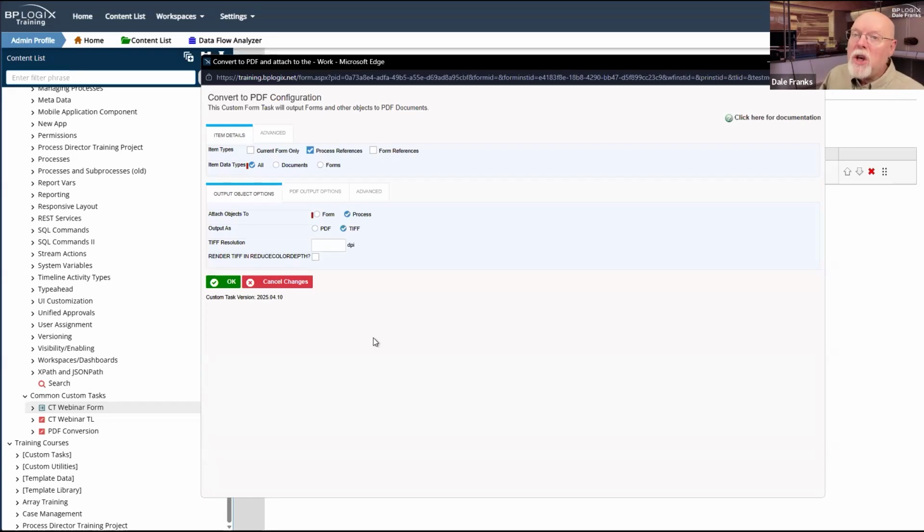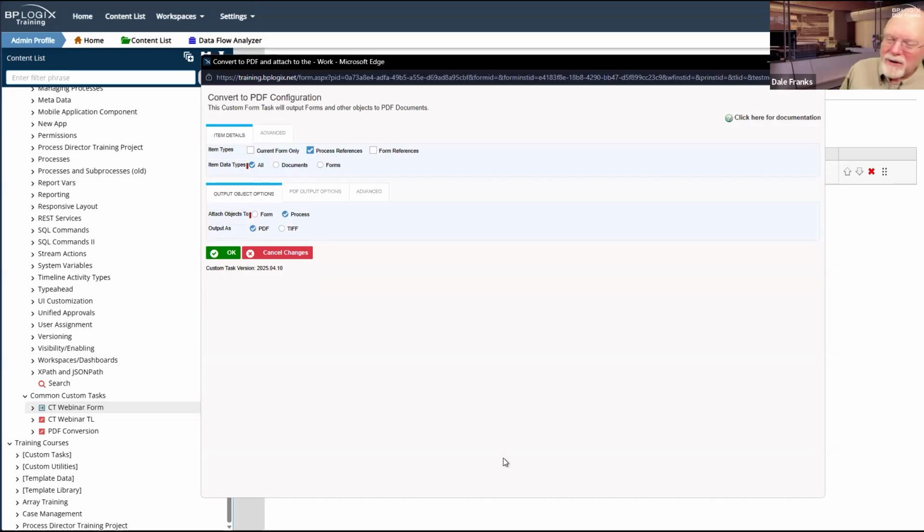So there are use cases for setting TIFF, but you really need to be careful because TIFF files are huge. And the larger they are, the size of the file jumps. It doesn't jump linearly, it jumps logarithmically. A 5 by 10 JPEG that you can save at 200 kilobytes might be a 12 megabyte image file in TIFF. So be super careful of that. Most of the time, though, we don't care about TIFF images. All we care about is PDF. So that is what we're going to use.